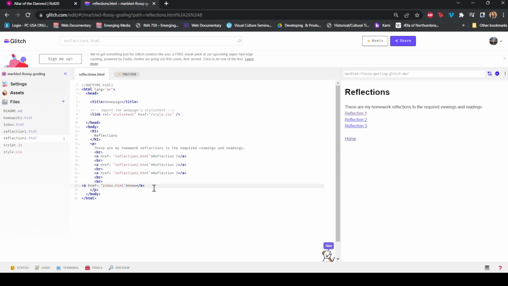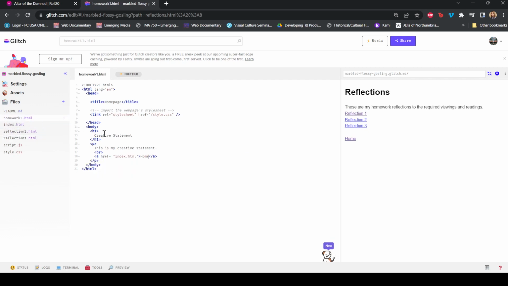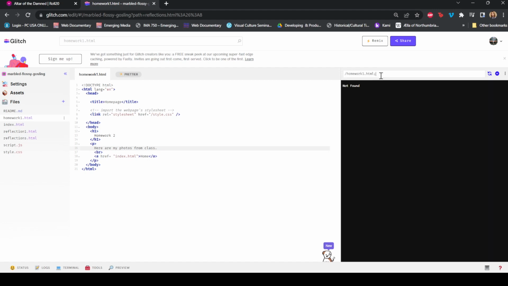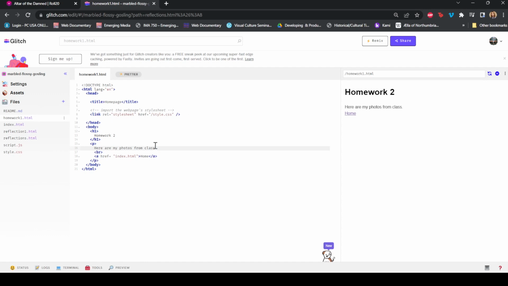Just one more thing for adding photos. So let's go ahead and go to my homework page. Let's say this actually isn't the creative statement. Let's say this is like homework 2. So here are my photos from class. And we're on homework 1 right now, just so we can see. And of course you will have just a short reflection to each of these technical assignments, and that'll be about